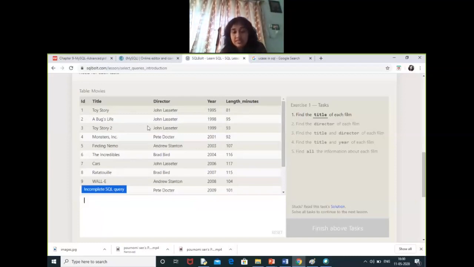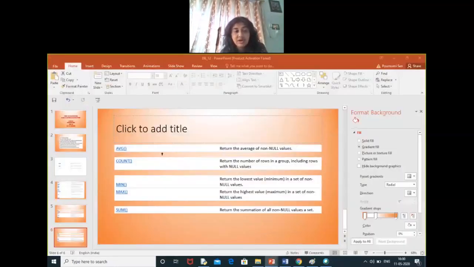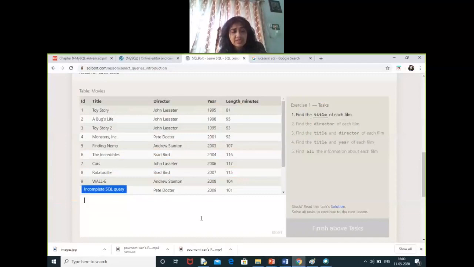So we have discussed three aggregate functions here: average, count, and sum. We'll be using the min function and max function now. So we can find the min length minutes and max length minutes. So let's do that. Select max